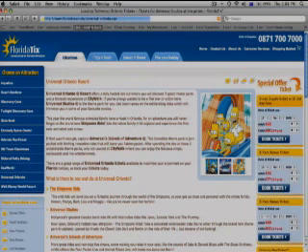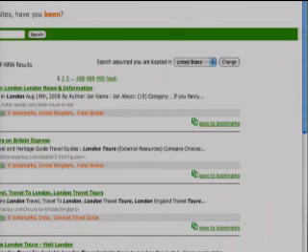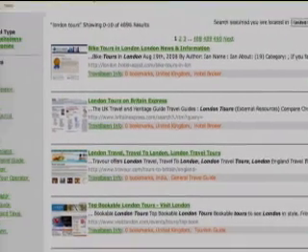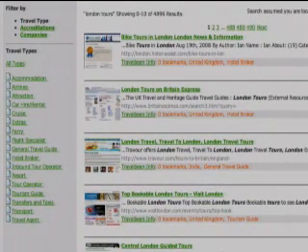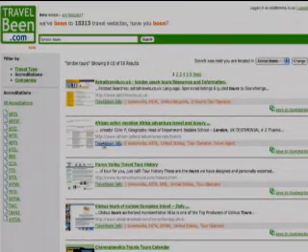Now let's pick another example. I'm based in the US and I'm looking for a London tour. So I've done a keyword search. You can see I'm based in the US. I get a set of results, and actually it's really important to me that the accreditation side of things, which I'm interested in, only ASTA registered members. So I could filter and just say, show me just ASTA registered members.